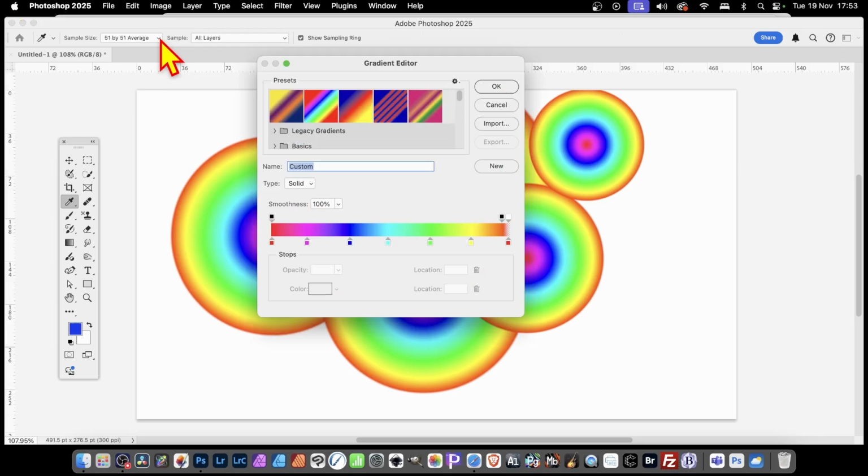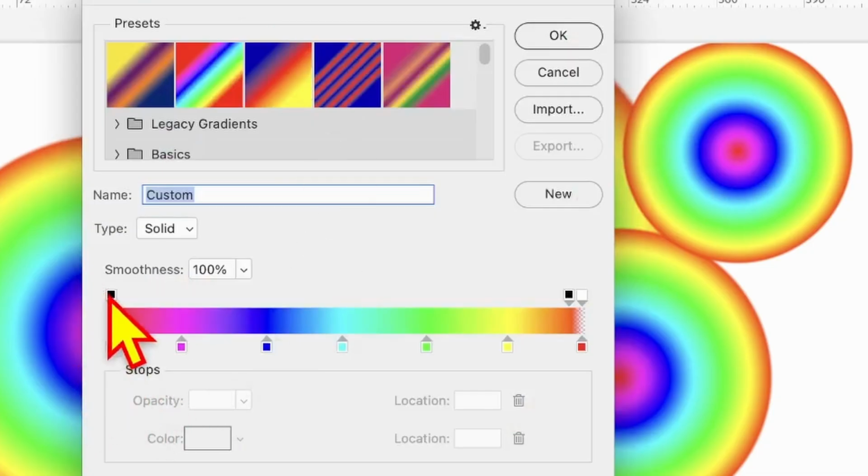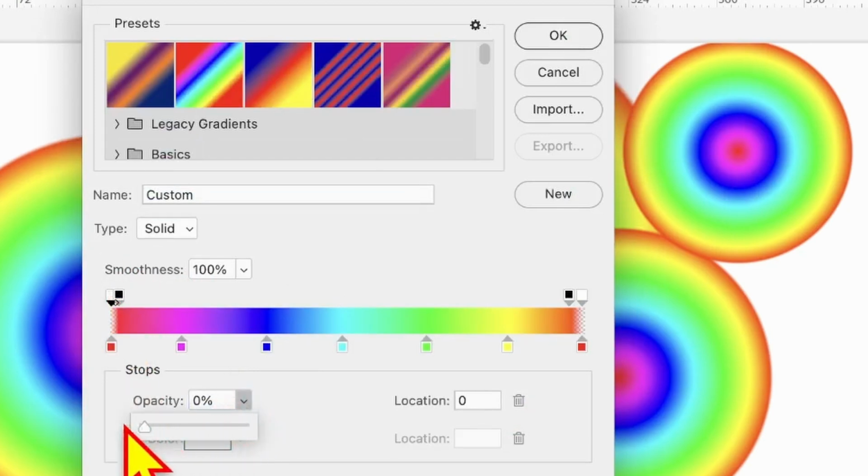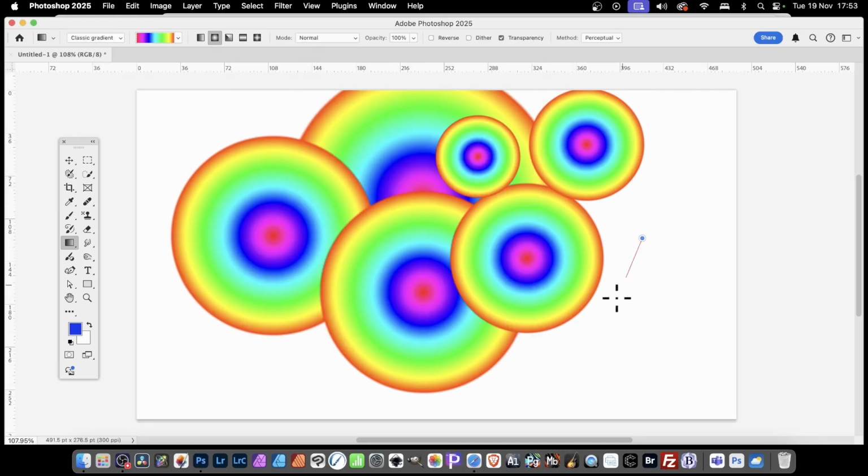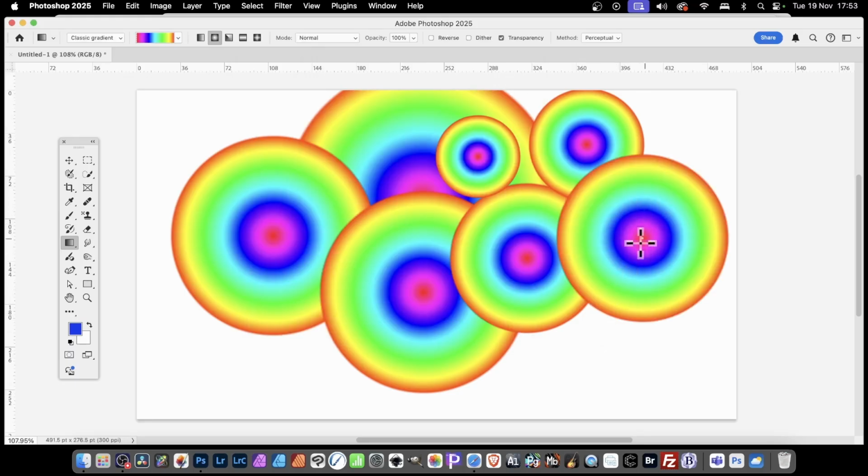Also, if you want to click here and go along to the other end, you can again move this slightly and again click again, add another stop there, and again go here, opacity, and set it to 0. This time when you click OK, you can apply this. You get obviously a little dot in the centre, but it's more useful if you go up here with the